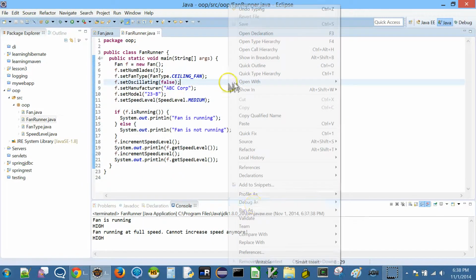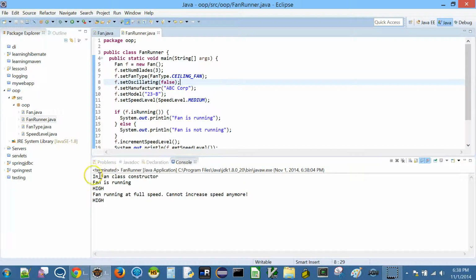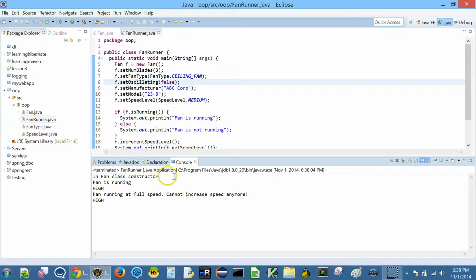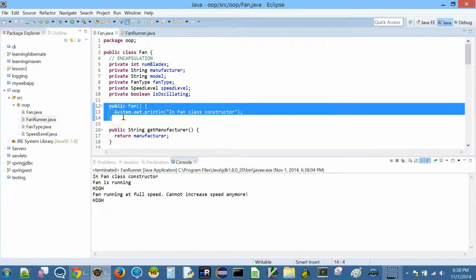Oops, I need to run this. So, "in fan class constructor," right? That's the first thing that happens. So whenever we say new Fan, it came here and then it ran this, right? So if we did not write this, the compiler writes it for us. For now, let's just delete this.